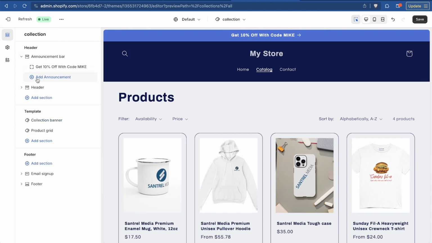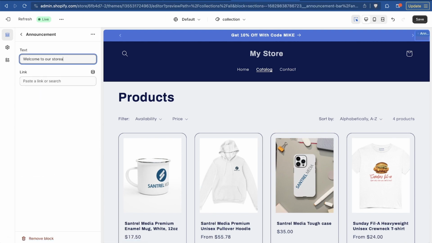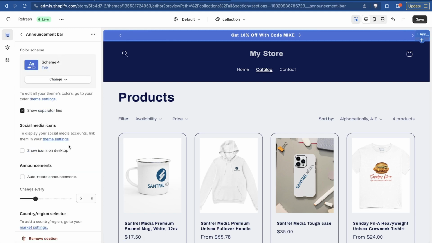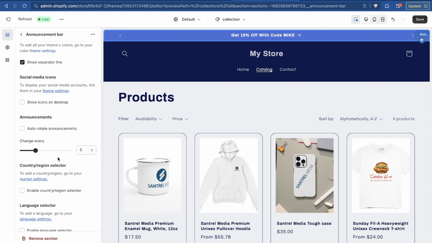We can also add other announcements and cycle through them. So maybe we could say free shipping. Once again, you could go to a collection, maybe just say homepage, for example. And then if you go back to the announcement bar and click on the words "announcement bar" here, you can choose the actual cadence, how fast it's going to switch between them. So maybe every 6 seconds we want to switch between different announcements on the top,